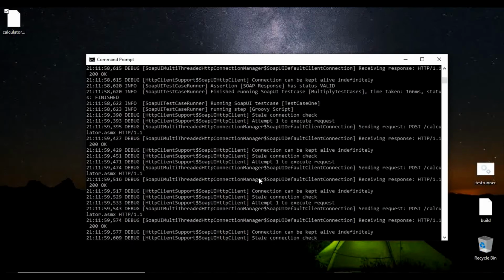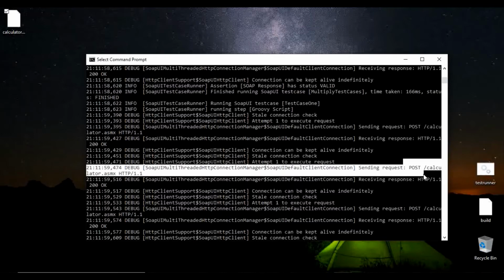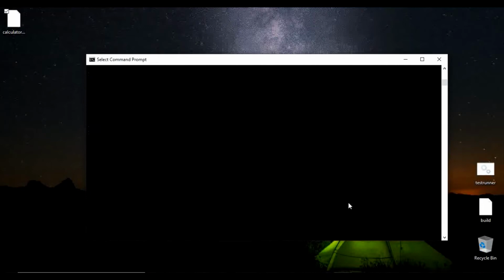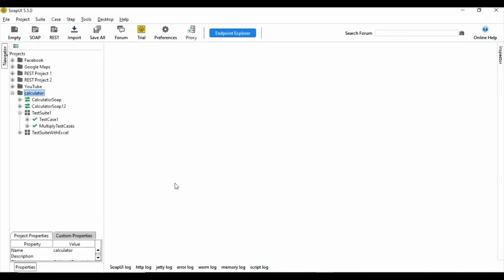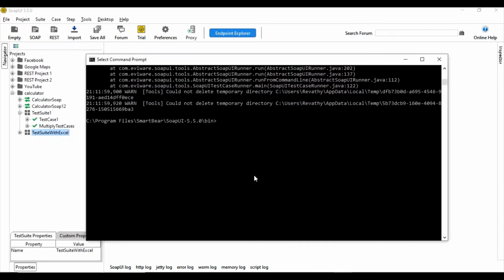Yes, I can see my requests are executed, and it is showing the requests that have been passed in my SoapUI. So if you see in my test project, I have two test suites, test suite 1 and test suite with Excel. We have seen already in our tutorial how to work on this calculator project. So I want to run only this test suite, not this one. So in that case, I can use the command